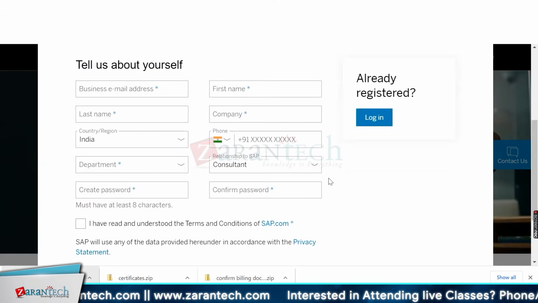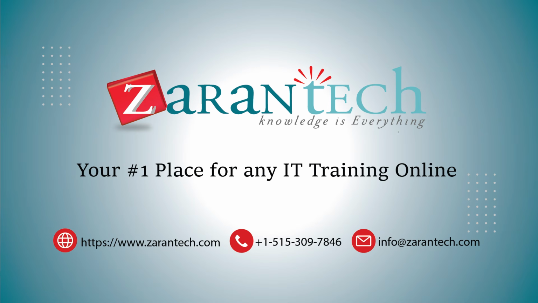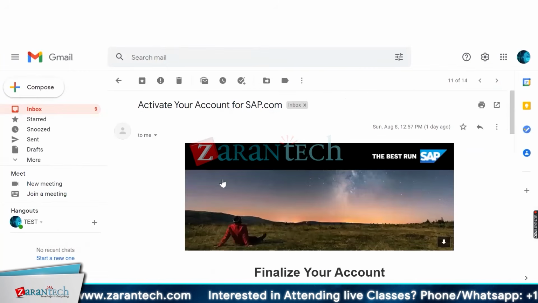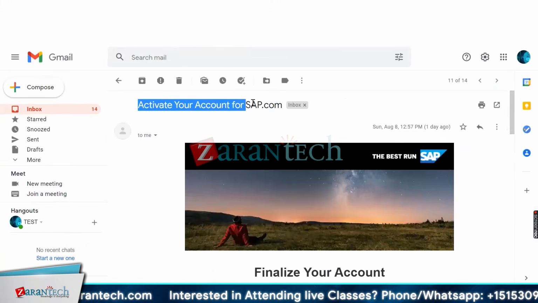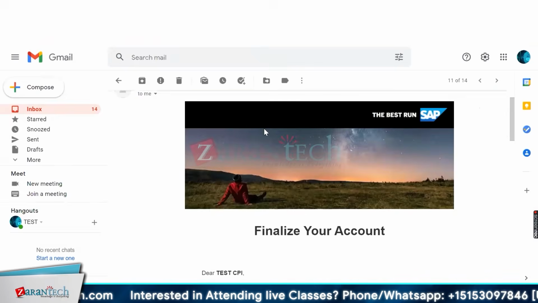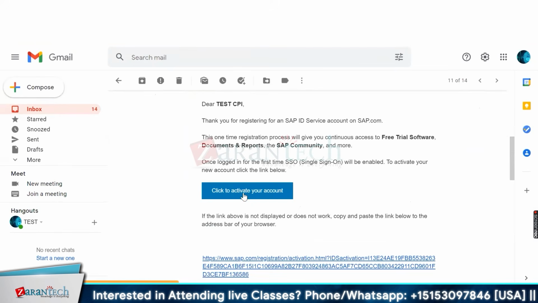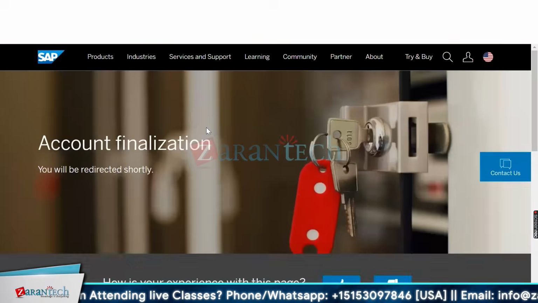Then you will get one mail to your Gmail account, an activation mail. If you see here, you will get "activate your account for SAP.com". Then you just click to activate your account. Once you click on activate,